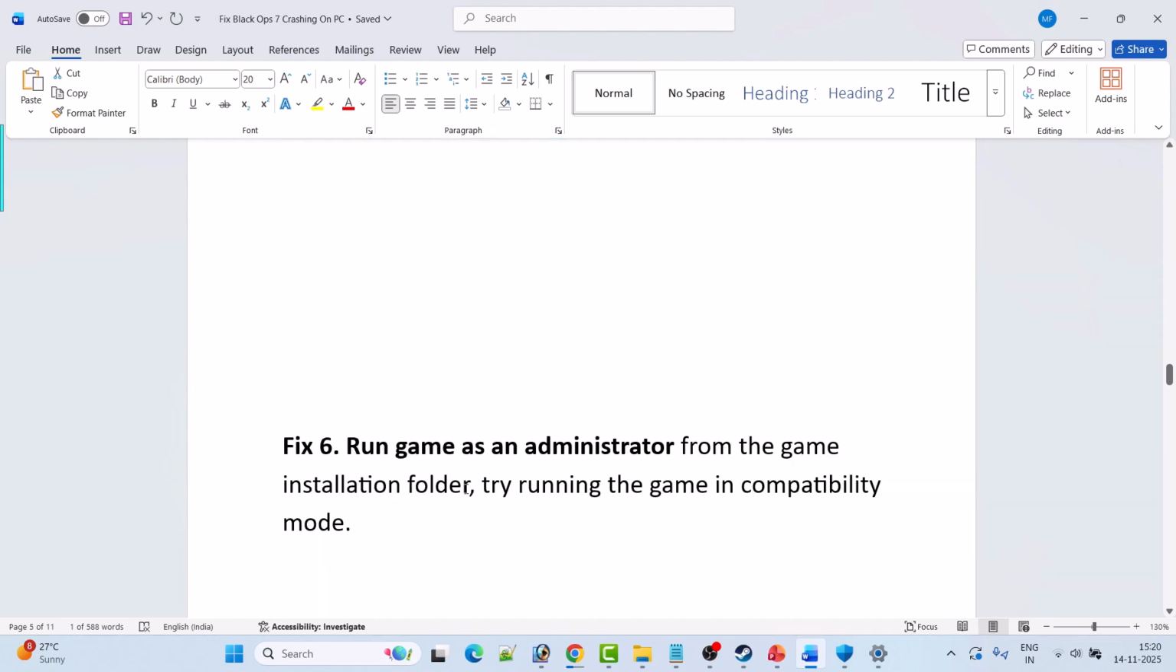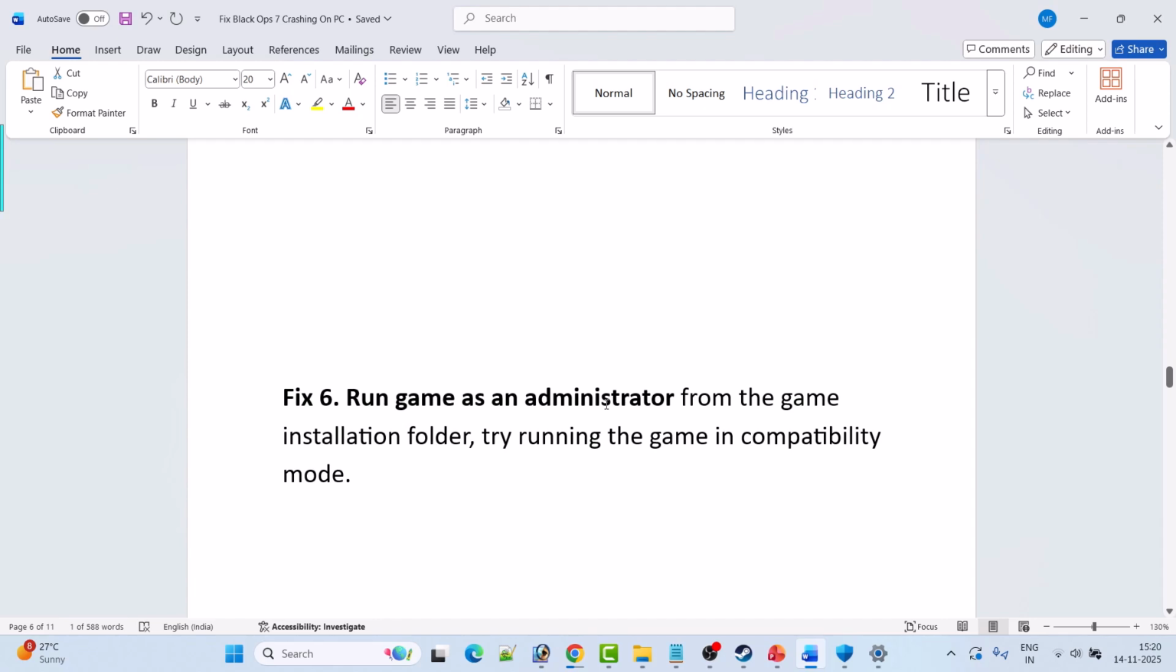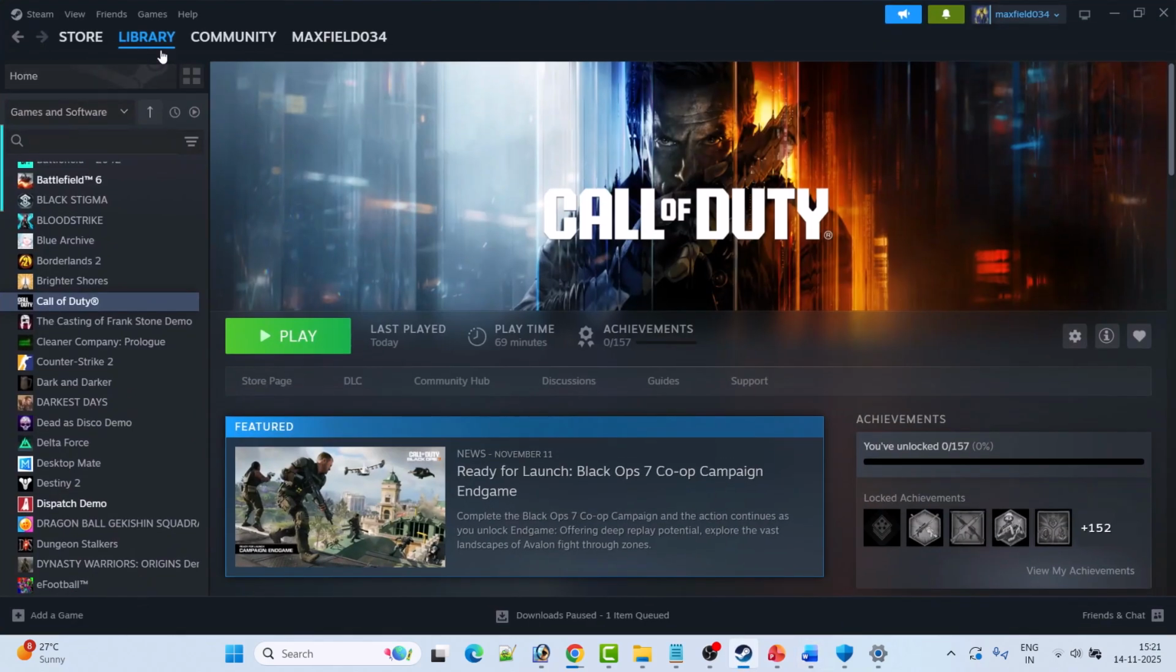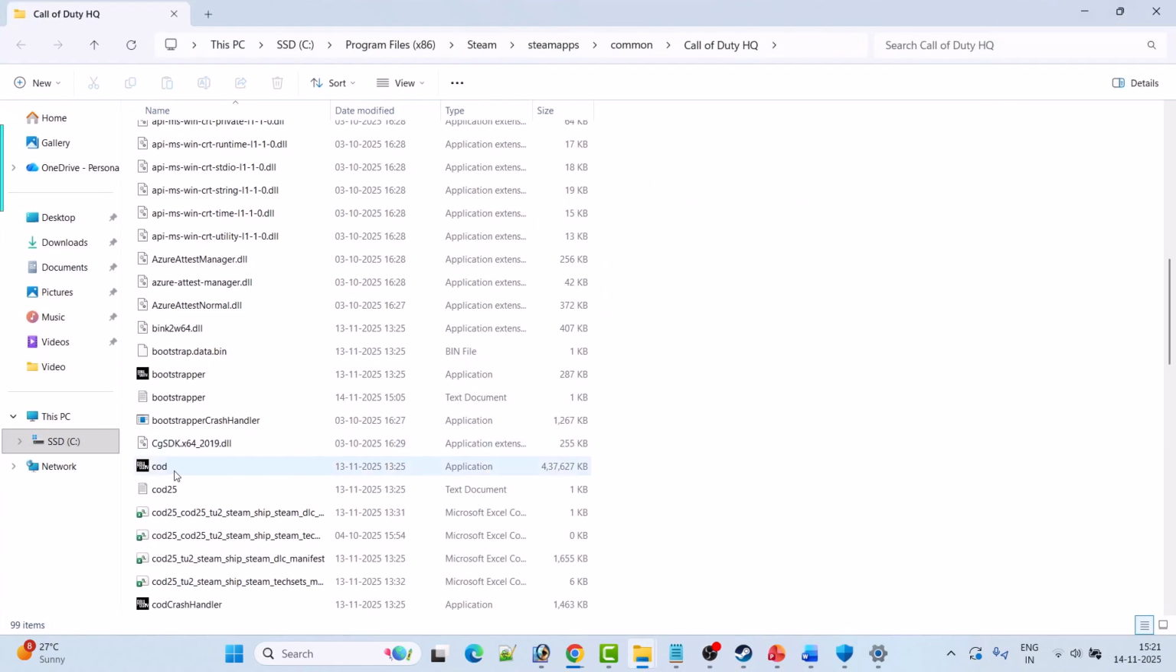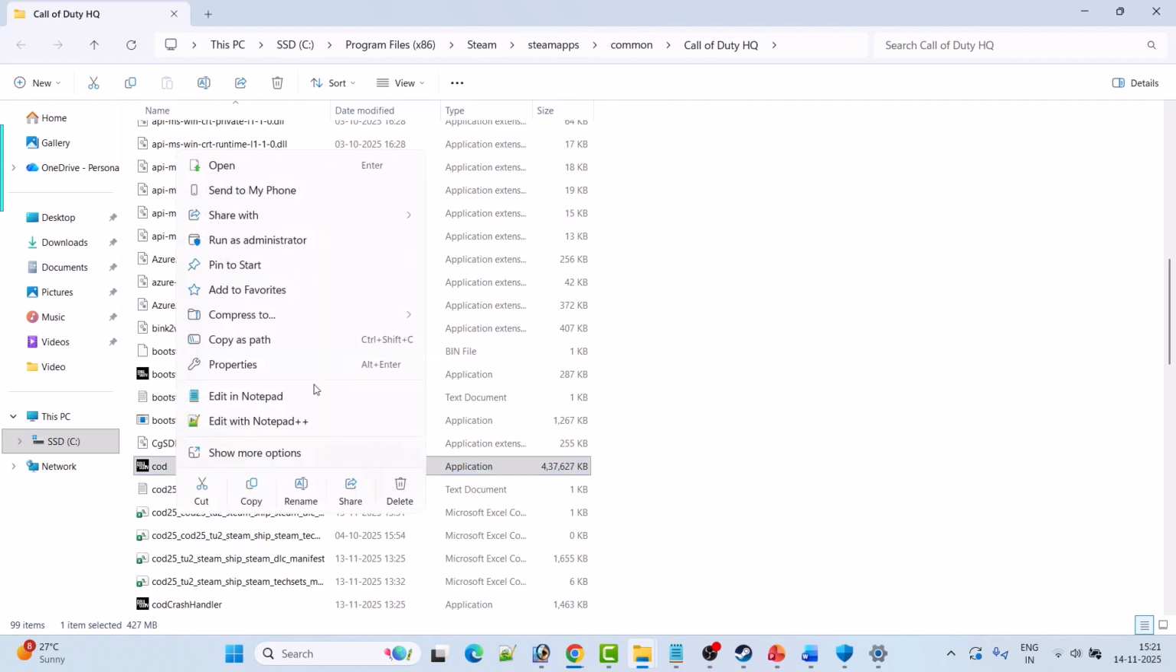check. Now fix 6 is to run the game as an administrator from the game installation folder, or try running the game in compatibility mode. So open Steam, go to library, right click on Call of Duty and then select manage, then click on browse local files. It will open the game installation folder. Now right click on COD exe file and then just click on run as administrator and see if that helps